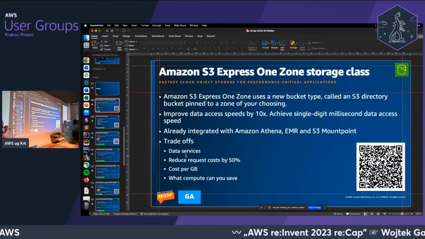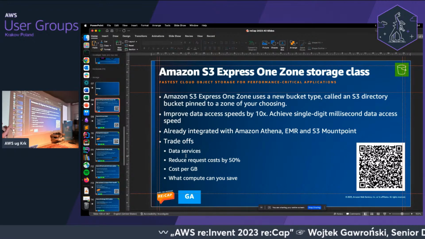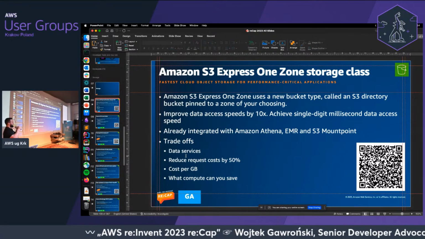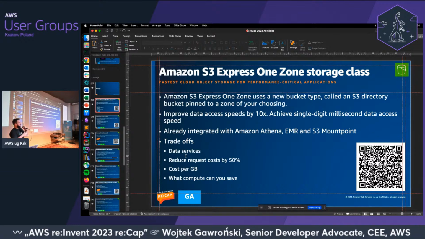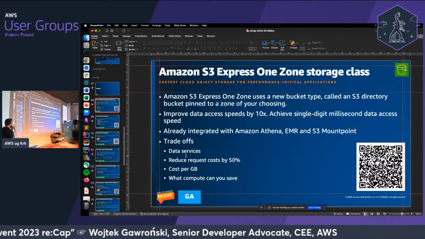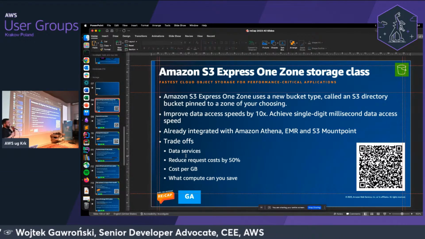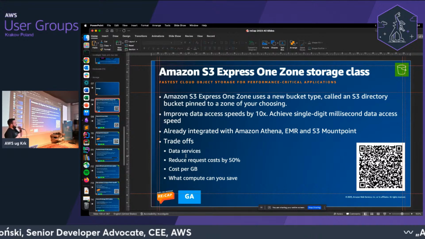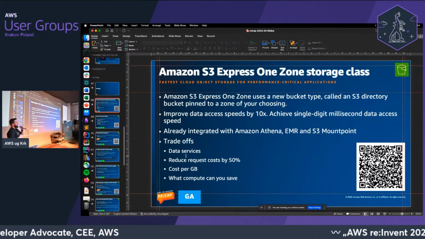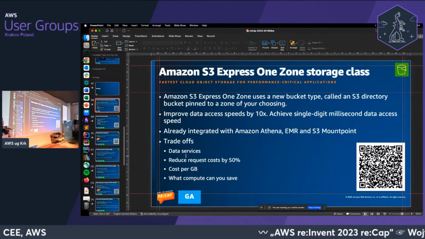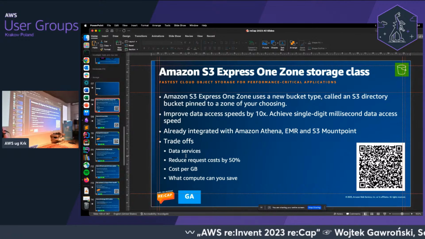So it's not a regionally available bucket, even though S3 is global; it will be pinned to a particular availability zone. But that improves latency a ton, 10x in many cases. So you will be able to achieve single-digit millisecond latency for reads and writes.